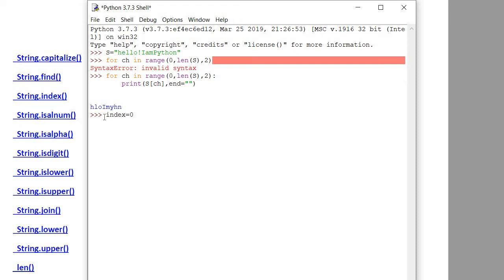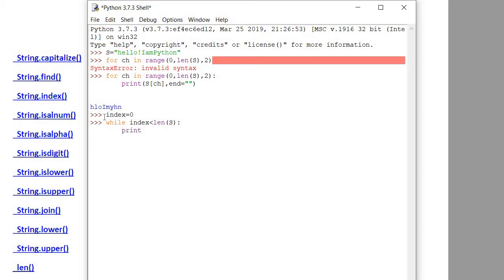Now we will write down the while loop, and index would be less than the total length of your string. Fine. Now put the semicolon, because otherwise it will give you an error.